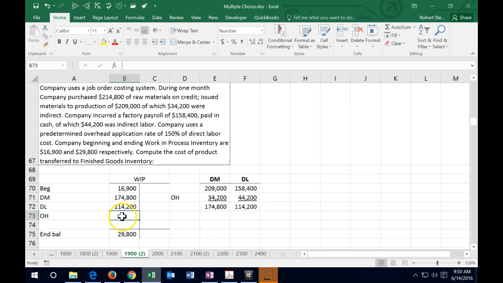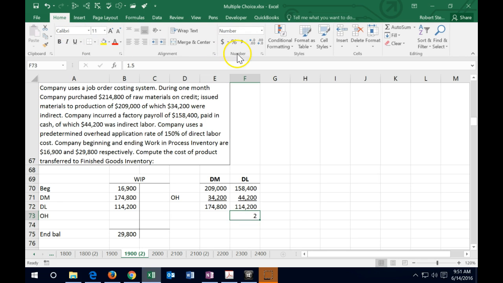And now we're looking for the overhead. And it's very tempting for us to say the overhead is this plus that. That's what actually was incurred during the year. But remember that we use the predetermined overhead rate to estimate what the overhead should go to. And it's hard to see in this picture because we're not looking at the jobs. The problem is I can't apply this to the jobs. That's the whole reason it's in the overhead. We're going to use the labor in order to help us apply it to the jobs. We're not going to apply them to the jobs in this problem, but that's the conceptual reason why we cannot just take the actual overhead and dump it into work in process, because work in process needs to be backed up by job. So we're going to be able to apply it by job by allocating based on 1.5